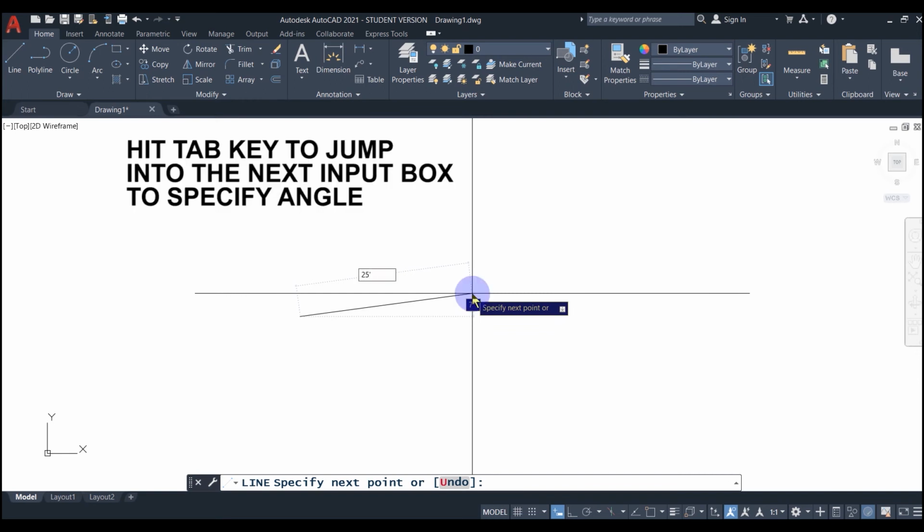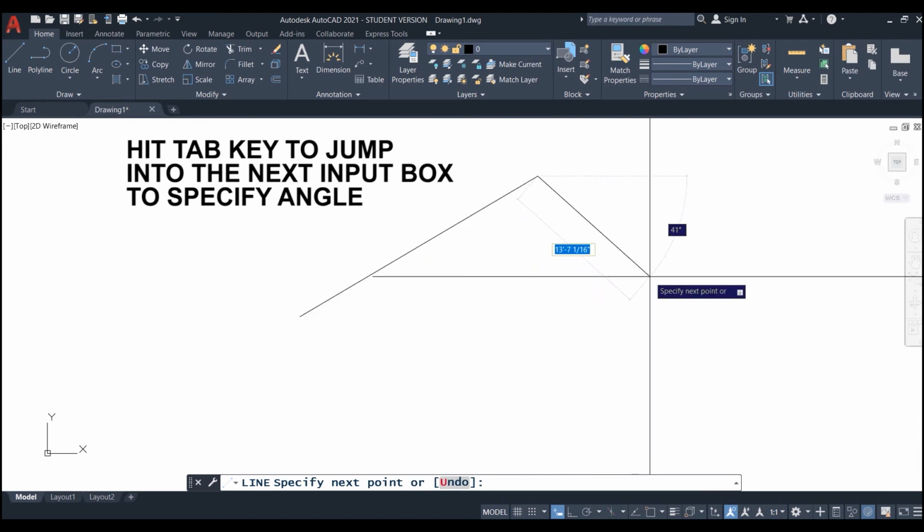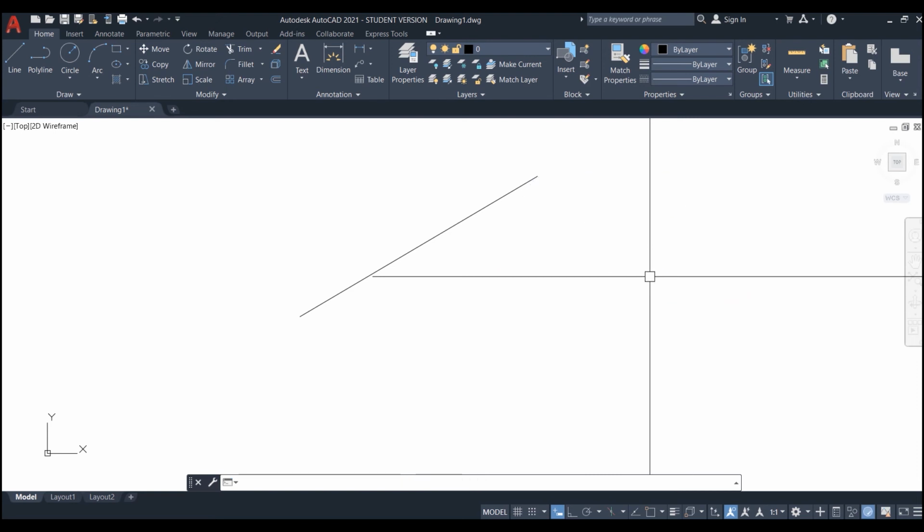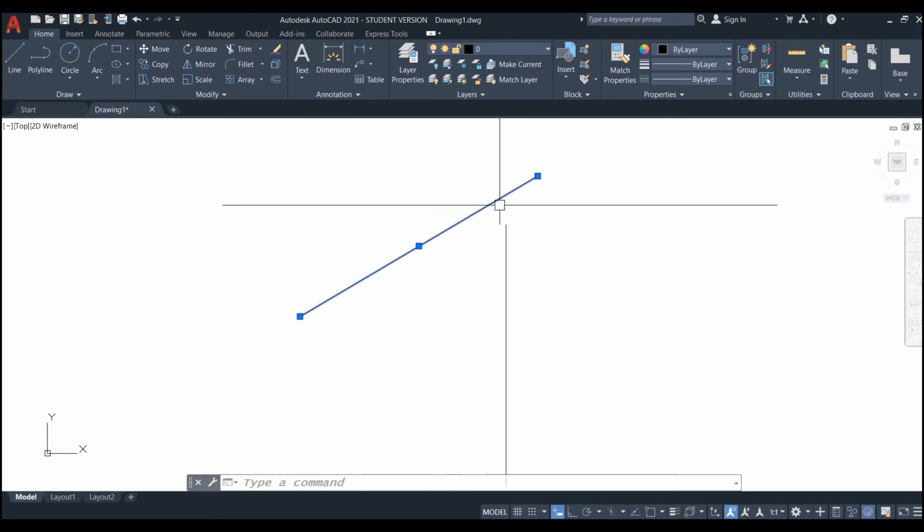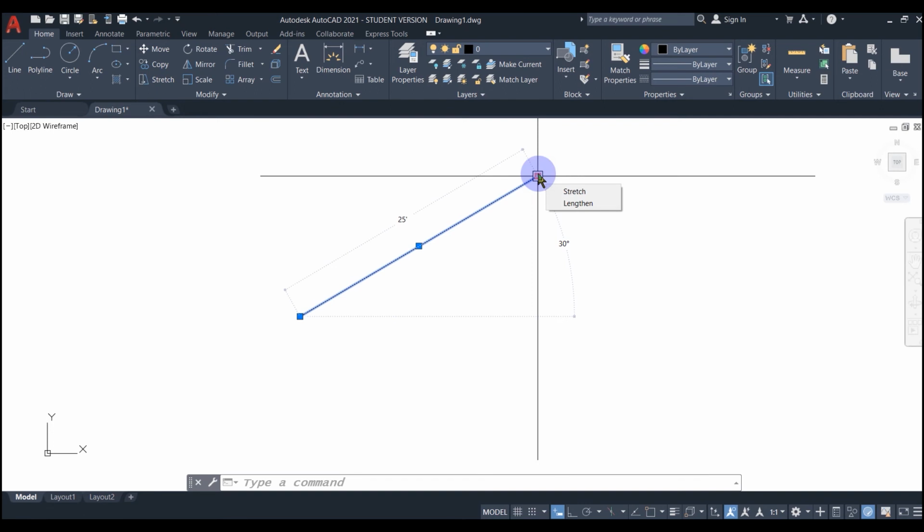So I am going to type in 25 feet and hit the tab key on my keyboard once. The cursor will jump into the next input box where I will type in the angle and hit enter. And this time I will use enter to execute the command. So here we have a 25 feet line at 30 degrees.